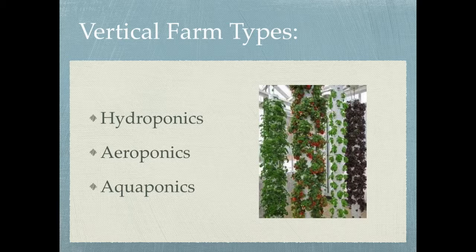An aeroponic system is by far the most efficient plant growing system for vertical farms, using up to 90% less water than even the most efficient hydroponic systems. Plants grown in these systems have also been known to uptake more minerals and vitamins, making the plants healthier and potentially more nutritious. Now, an aquaponic system takes the hydroponic system a step further, combining plants and fish